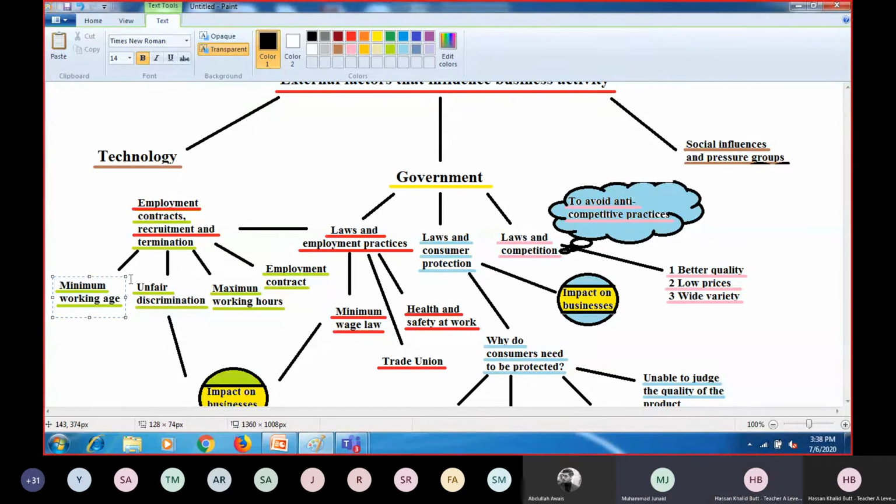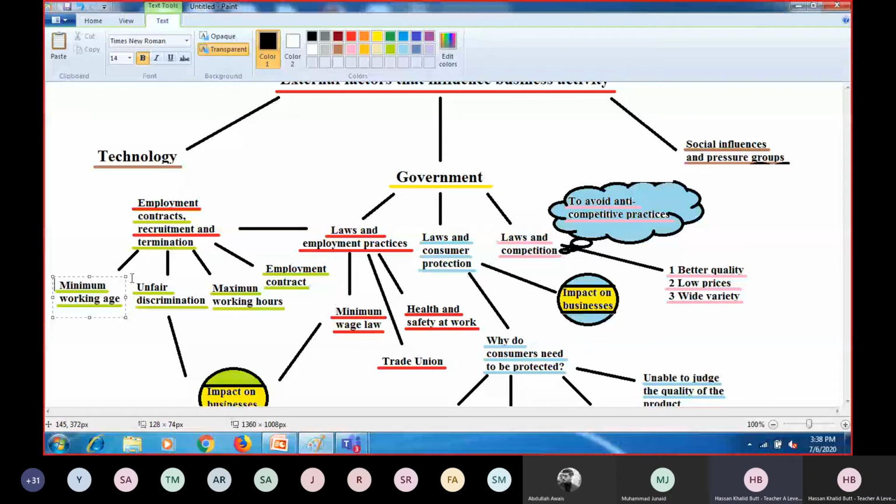So see, it's easy. You do not need to take my permission, but once I mark your attendance, the software will start marking your time as well, when you come in and when you go out, and whether you come back again or not. Unless you give me a reason, I can't tell the management that there was a problem. It will simply be considered that the student left the class early. So keep this in mind as well.